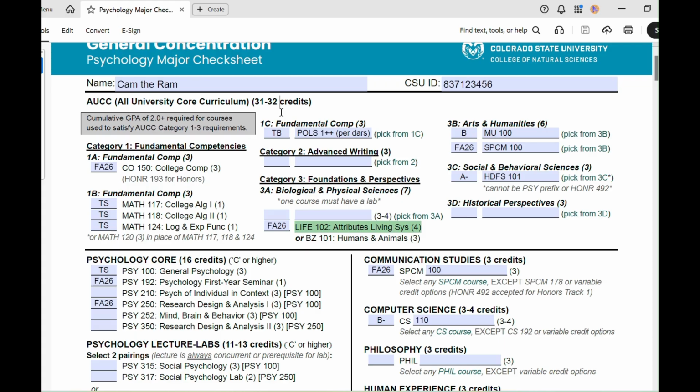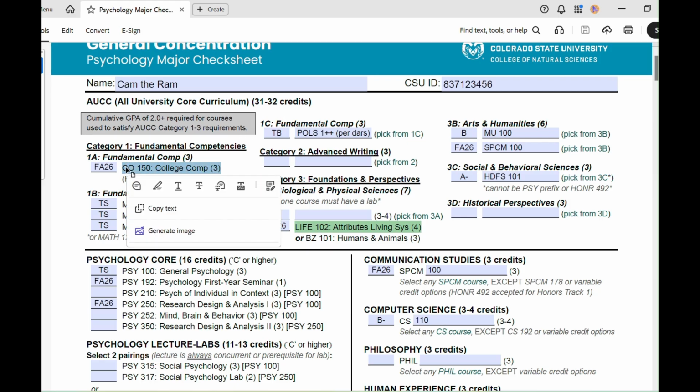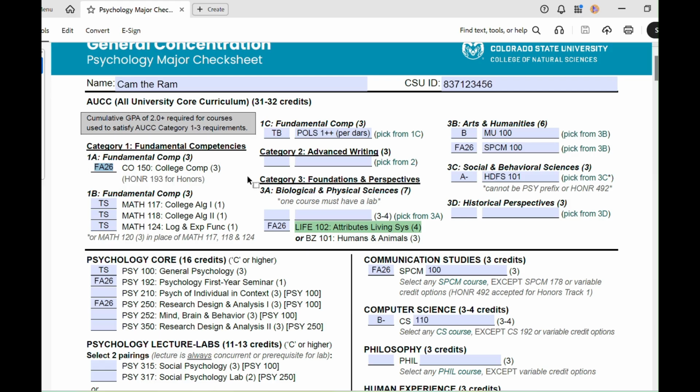We can see this immediately with the first AUCC 1A requirement. All psychology majors must take CO 150 college composition. In this example, Cam the Ram is currently taking CO 150 this fall 2026 semester. Next is the quantitative requirement,